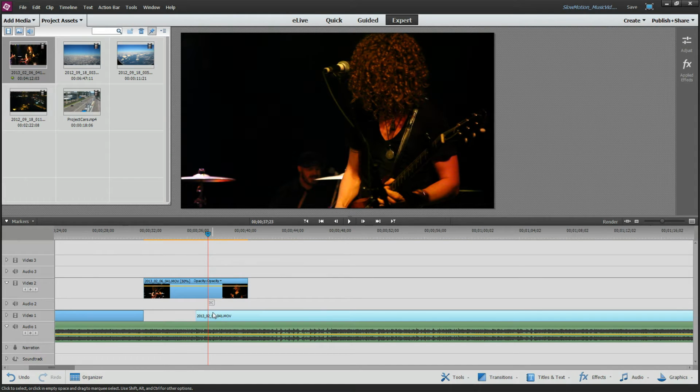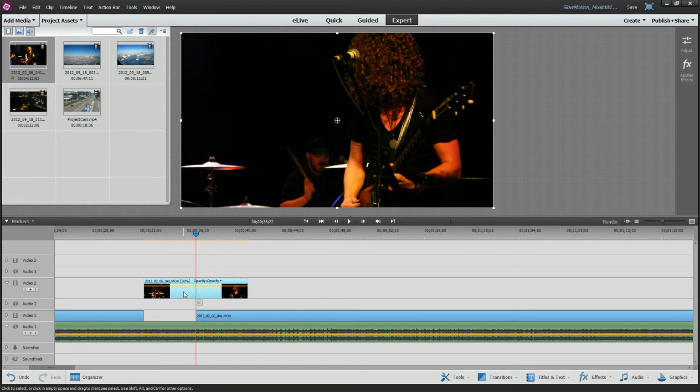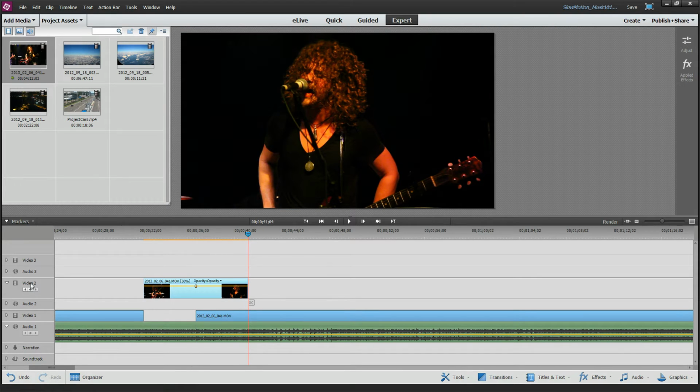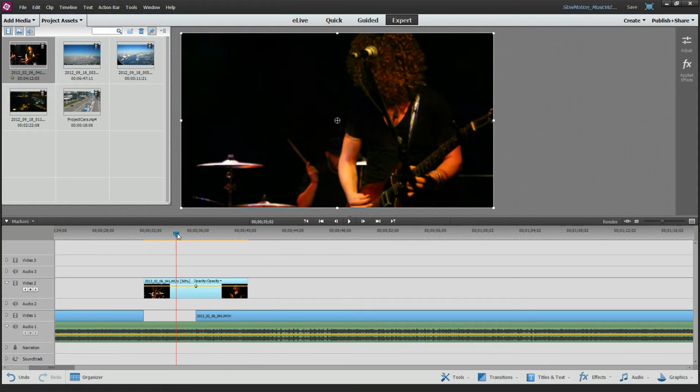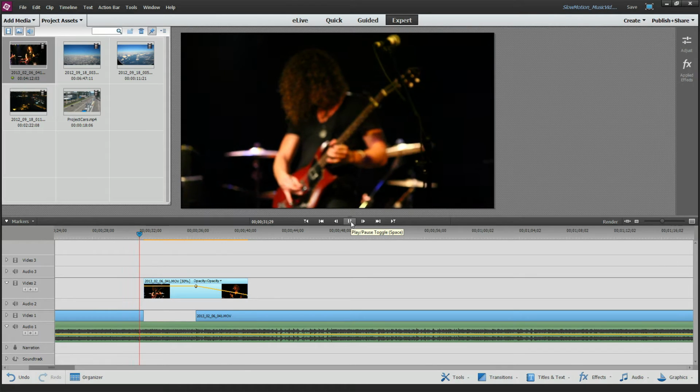Let me page up to get to the very beginning of that clip. Let's select this Video 2 track and this little keyframe. We'll add a keyframe, and we'll go to the end of it by hitting page down, add another keyframe, and I'm going to just drag him down. And that's going to change the opacity to let it fade off into nothing.